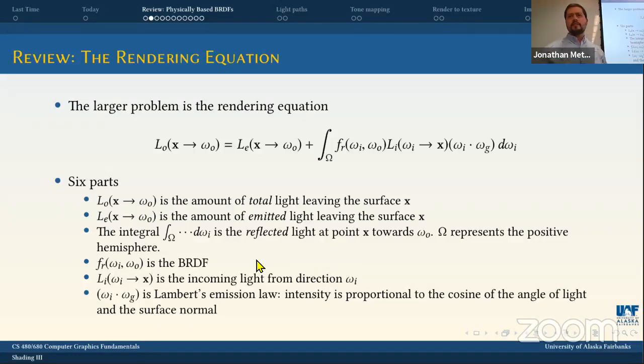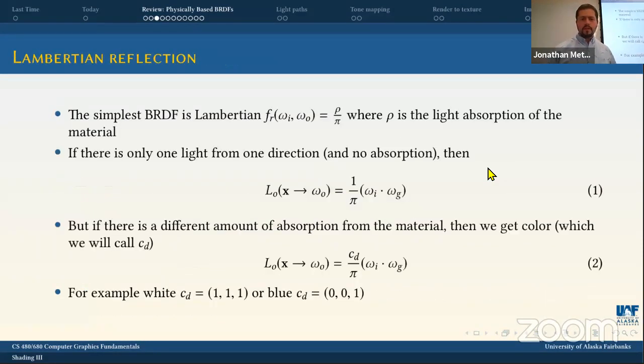Sometimes I've seen S with a little plus superscript next to it, or you'll see the hemisphere with a little plus superscript. Depends on the context. You can normally just assume that that's talking about the hemisphere, all right? And then we have the BRDF, which is F sub r. That's our function of reflectance, and that has a couple of rules associated with it. And then we have how much light is coming in from the direction omega I, and then we have Lambert's emission law, which is proportional. In other words, the amount of reflected light is proportional to the angle of light and the surface normal. Okay,